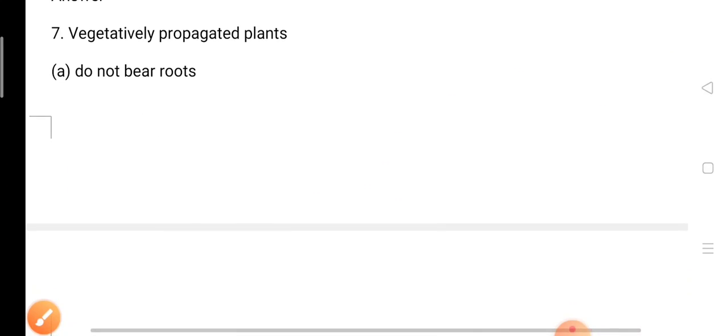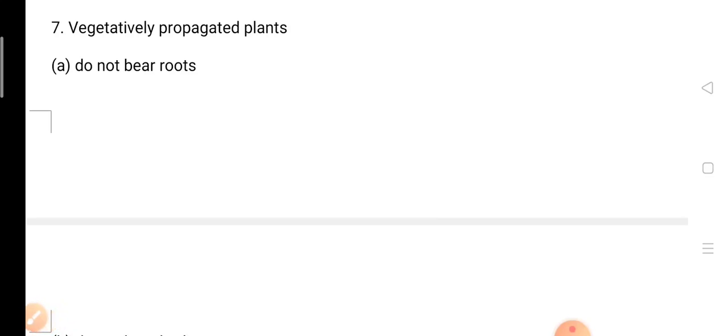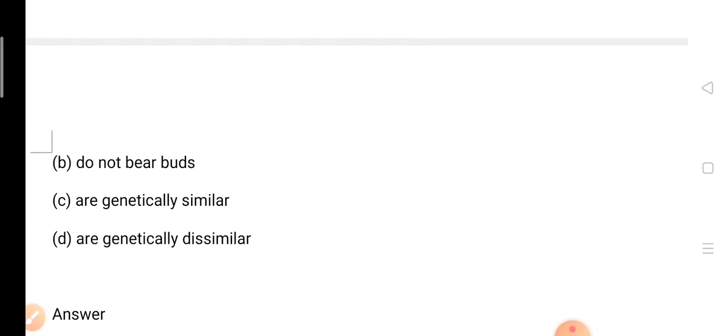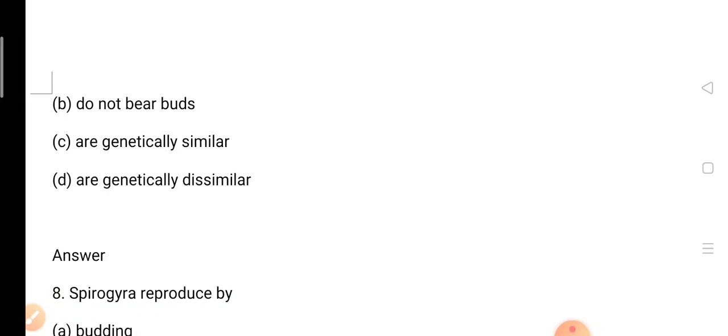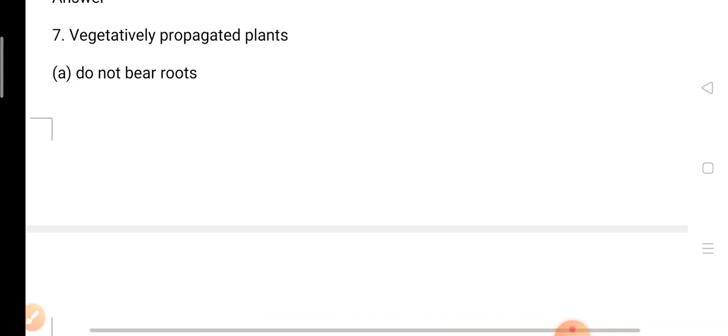Now the next question, the vegetative propagated plants. Option A is do not bear roots. Option B, do not bear buds. Option C, are genetically similar, and option D, are genetically dissimilar. So the question is,